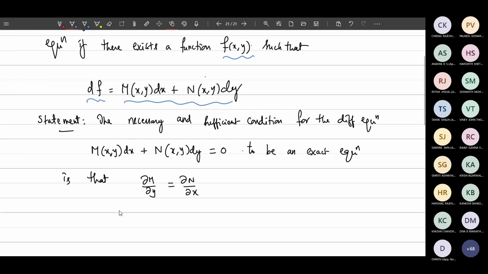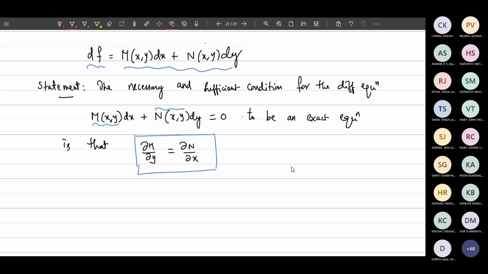So if this condition holds, that means M is nothing but M(x,y), N is nothing but N(x,y). You take the first one with respect to y, M with respect to y, and then N with respect to x. If both coincide, then you can conclude that the equation is exact. The proof of this theorem I am not giving. The necessary and sufficient condition makes use of Green's theorem. But after some time, when some free class comes, at that time I will give you the proof. But otherwise proof is not necessary, only methods and problems.